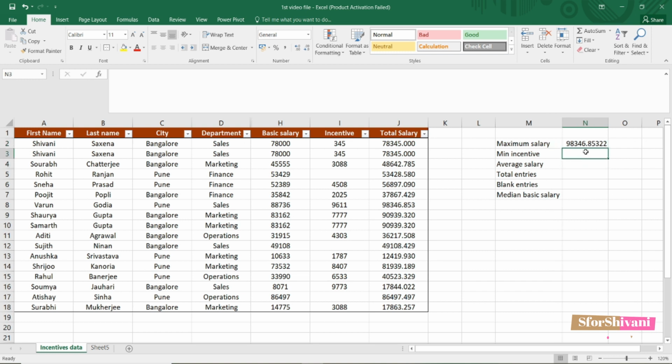Now the minimum incentive. So equal minimum, select the incentive column. The lowest incentive is 345, which two people have earned. But wait,